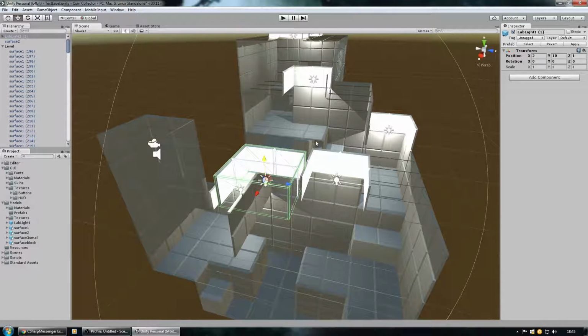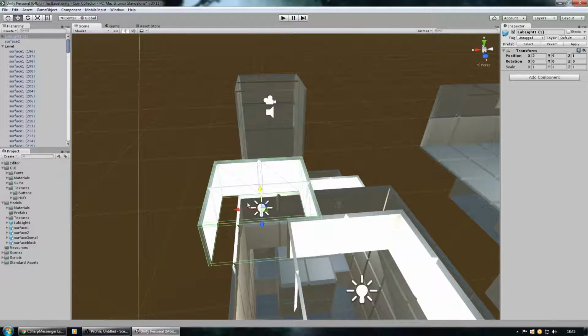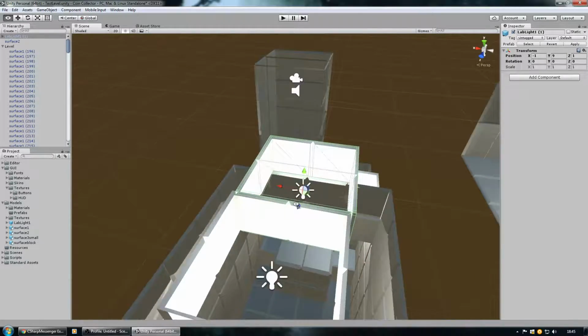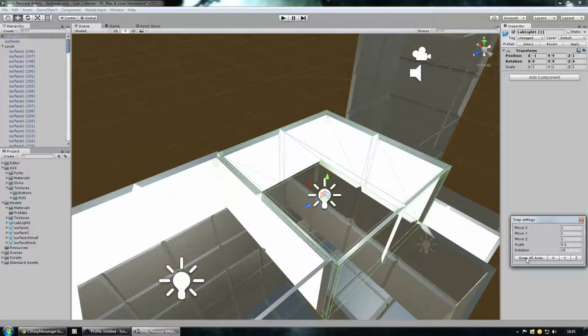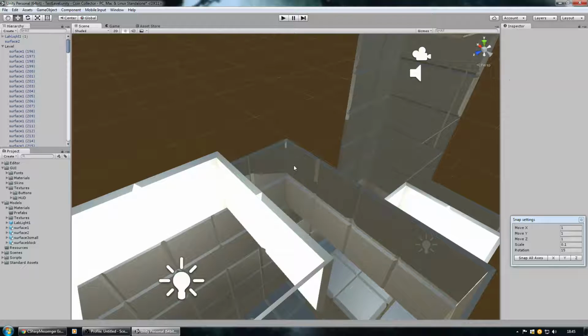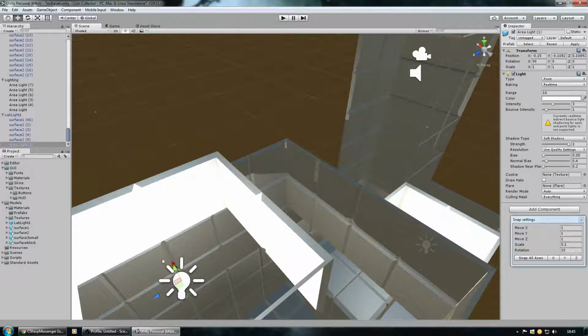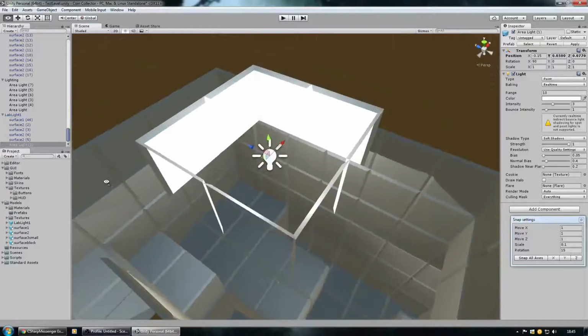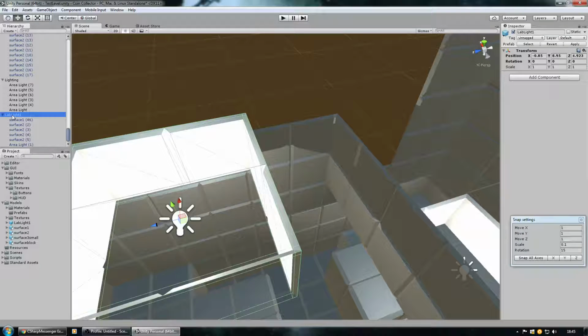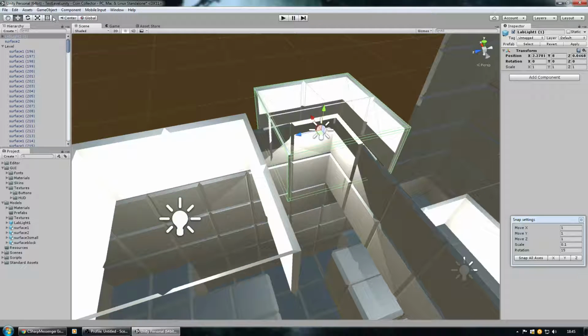See? If I drag it down one more, then across, edit. Oh, I know why that didn't work properly. That little light, edit, snap settings, snap all axis. There we go. Now if I drag that back on lab light, and then I drag lab light off, snap settings, snap all axis,